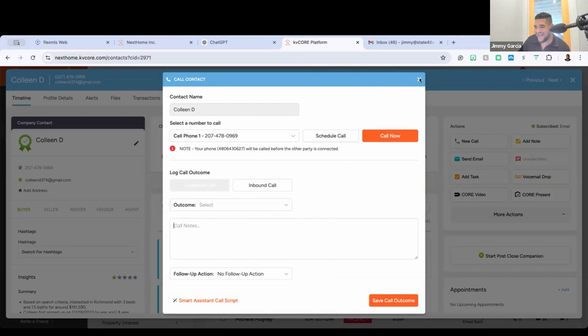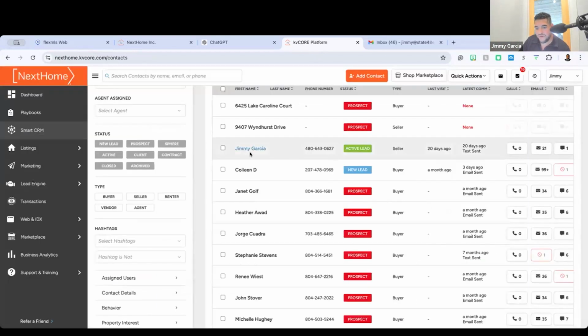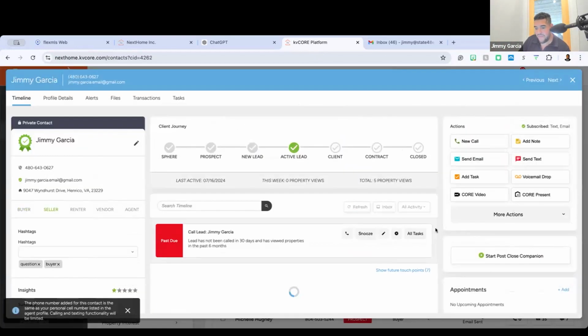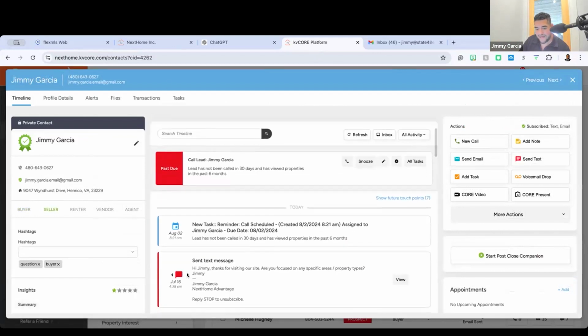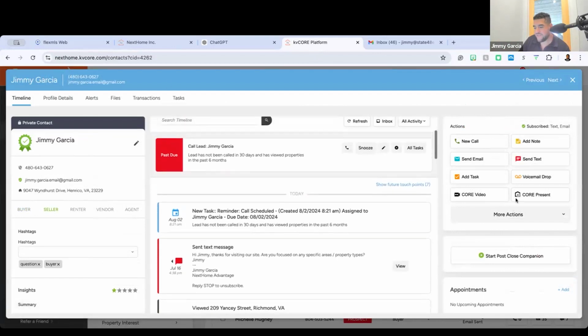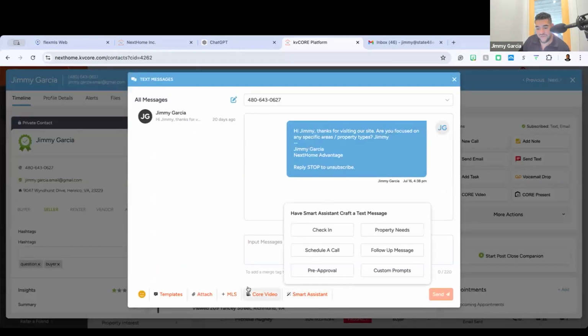Okay. Another AI tool that's pretty fun to use is, I'm going to go over here to myself, registered as just a brand new lead who happened to click on this. Okay. This is back on July 16th. I got this text. I'm going to hit send text. I also have the ability to do a Smart Assistant text as well.